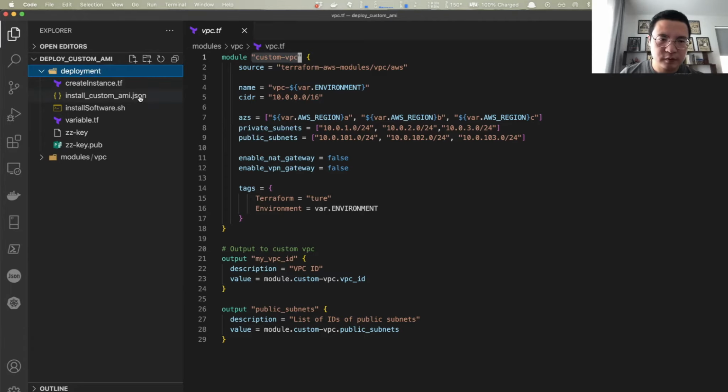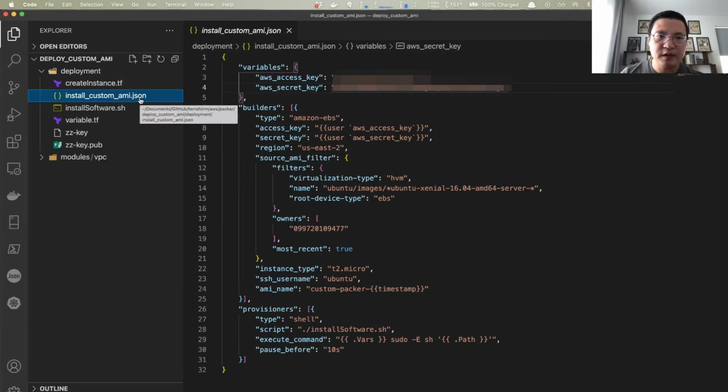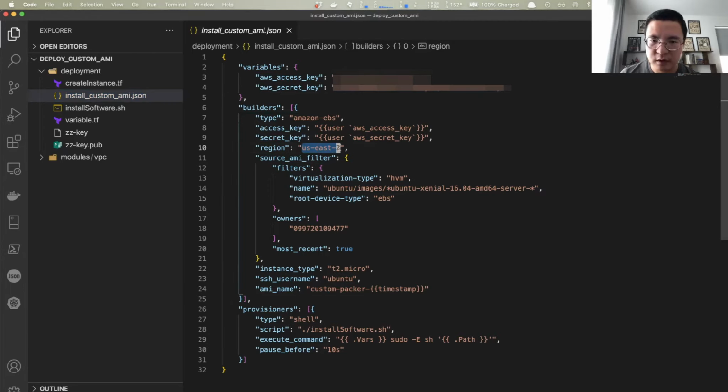So that's why I include the Packer template. We're gonna need that to build the custom AMI, right? So it's the same thing like what we just tested just now in US West 1, right? So here I'm gonna use the same Packer template to build the image for the US East 2 region. Here we go. The rest is the same, and we're gonna use the Ubuntu v16 as the base image,